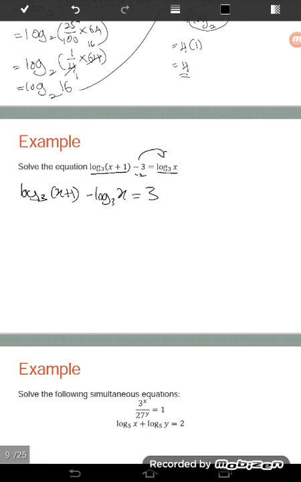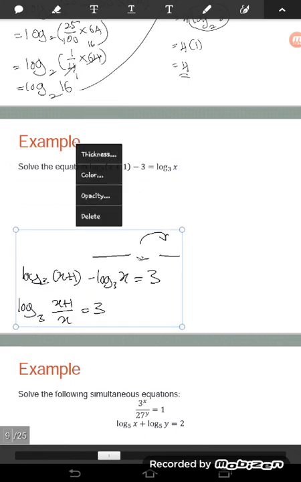Okay, so before combining we need to make sure that the coefficient of log is 1, so here it is already 1, and another thing, we need to make sure the bases are the same. Okay, so the base for the logs are the same, here 3 and here 3. Since it is already the same, next we can combine the log. So log base 3, since here is minus, therefore x plus 1 divided by x, which is equal to 3.